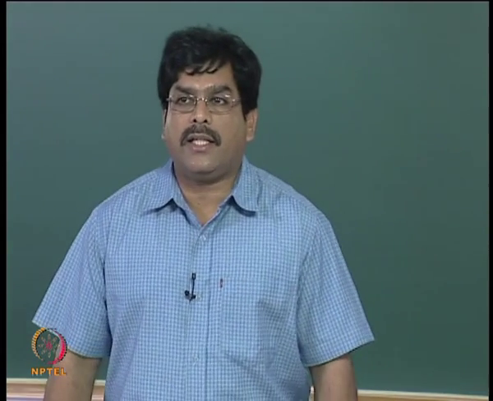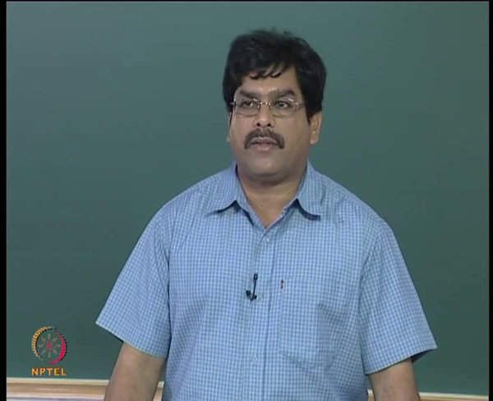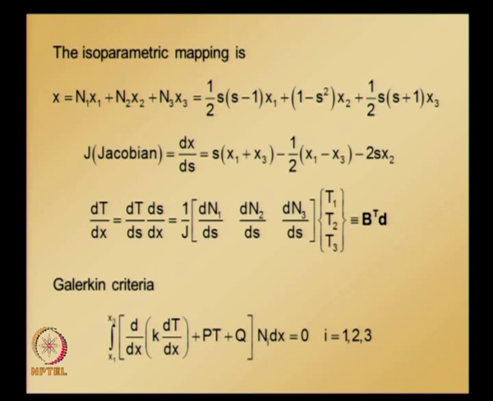So, Galerkin criteria: given a differential equation, we need to multiply with the weight function, integrate over the problem domain and equate it to 0, and here when we are adopting finite element, the weight function is the same as the shape function. So, multiply the given differential equation with the shape function, integrate over the problem domain, assuming the problem domain is going from x1 to x2, the limits of integration are going to be x1, x2, and since there are 3 nodes here, i takes values 1, 2, 3,